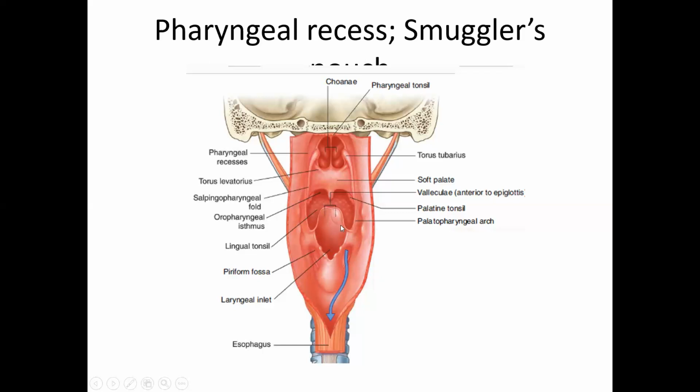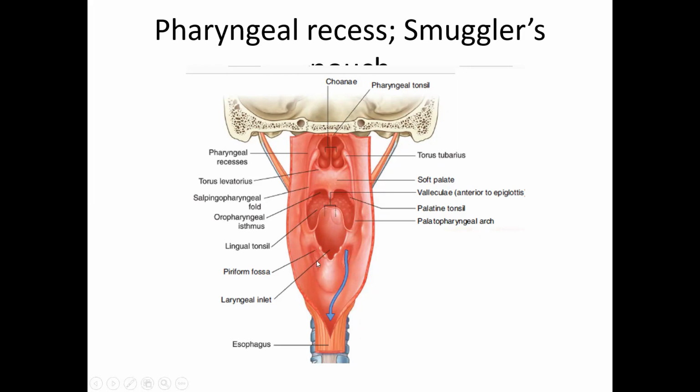This is the opening of the larynx. What you can see here is the epiglottis, and in the larynx, the aryepiglottic fold. There are corniculate and cuneiform cartilages. Corniculate is posterior, and cuneiform lies in the aryepiglottic fold. This is the laryngeal inlet, and on either side of the larynx and behind the larynx is called the laryngopharynx. What you can see in the laryngopharynx, just outside the opening of the larynx, lateral to the aryepiglottic fold, is a depression which is called the pyriform fossa, also called the smuggler's pouch.